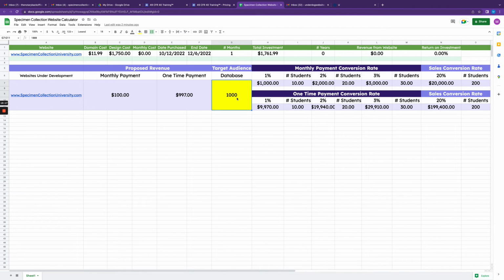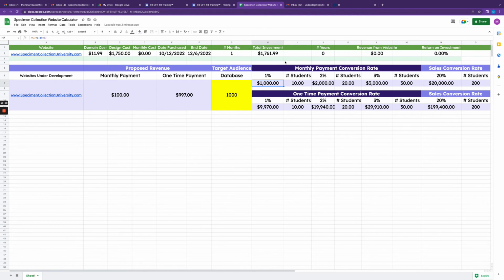But like I said, if you're in the mini mind, you're going to get all of the things. So 1,000 is going to be my goal, right? Personally, you can create your own goal, but 1,000 is going to be my goal. And with that, if I only convert 1% of the people who, say, want to pay monthly, then I'm looking at an extra $1,000 a month. By month 2 of them paying, I've already recouped my investment. Okay, maybe I spent a little bit on Facebook and whatnot, so maybe I haven't recouped the total thing, but I'm pretty darn near to recouping. I've recouped the entirety of the design cost and the domain at that point by month 2, right?